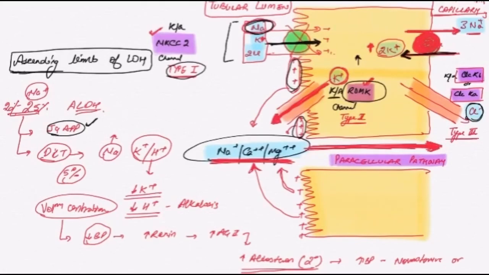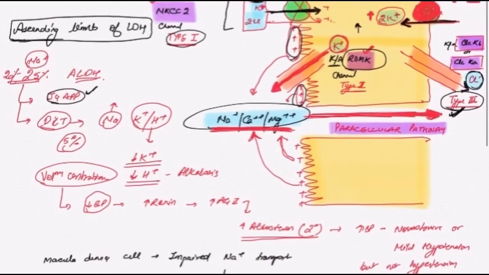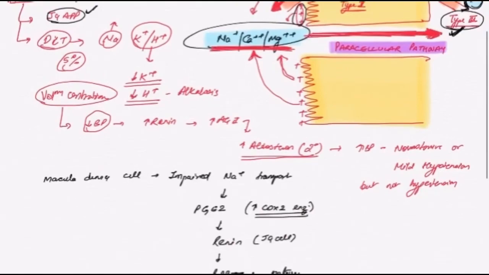But the type 3 Bartter syndrome is very, very mild, and usually the type 3 Bartter syndrome, the patients come to notice when they are adult, and this is a mild type of Bartter syndrome because these chloride channels are redundant channels, and they are not very useful inside the renal tubular epithelial cells. So this is all about the pathophysiology of the Bartter syndrome.